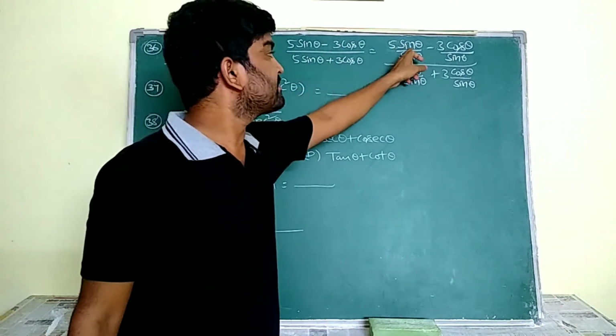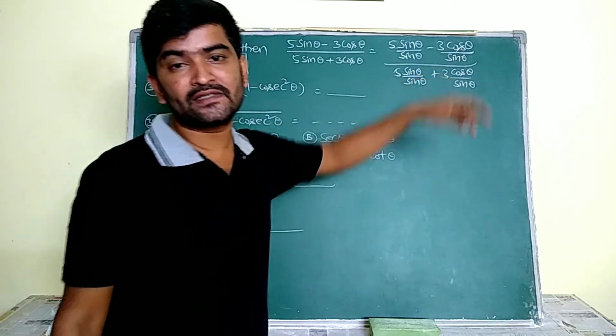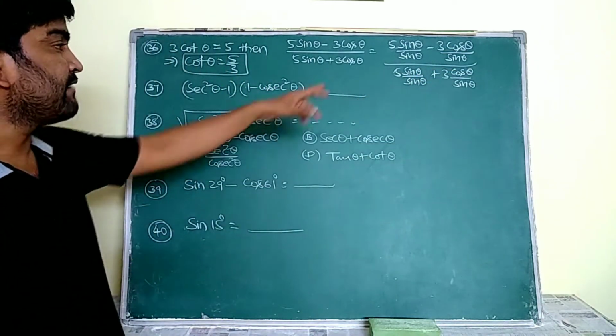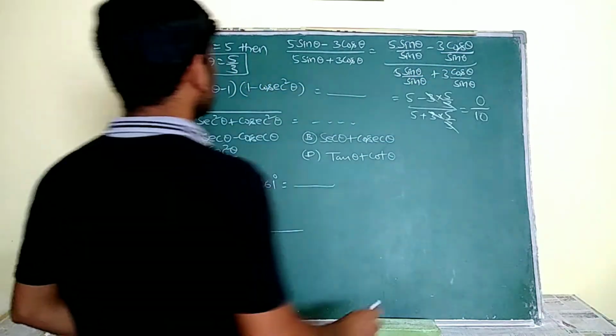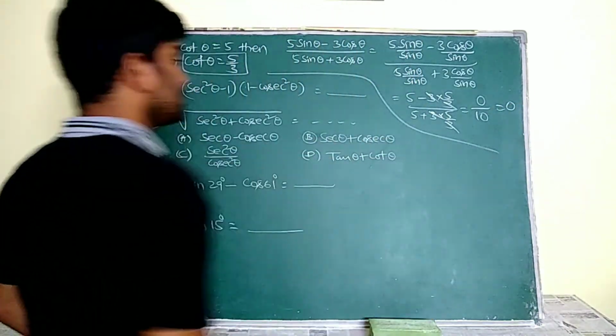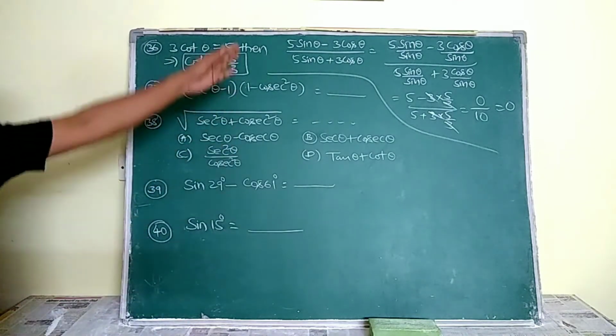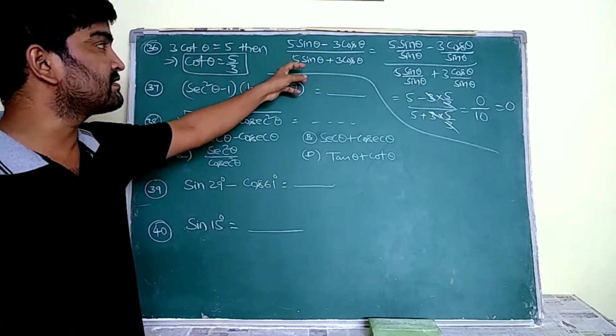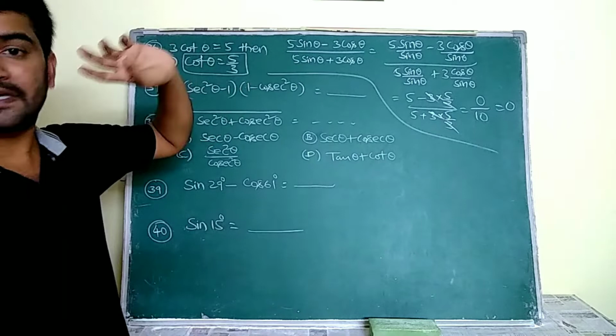Then see ma, this becomes 5 into 1 minus 3 into cot theta, over 5 into 1 plus 3 into cot theta. That is equal to, its value is 0 ma. Its value is 0. Understand? That means the value of 5 sin theta minus 3 cos theta by 5 sin theta plus 3 cos theta is